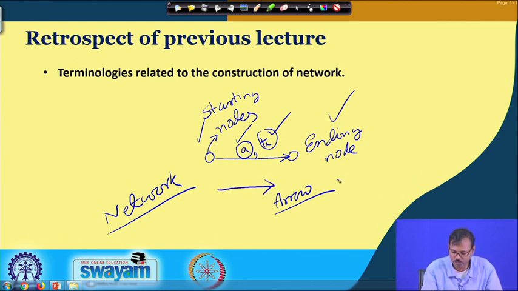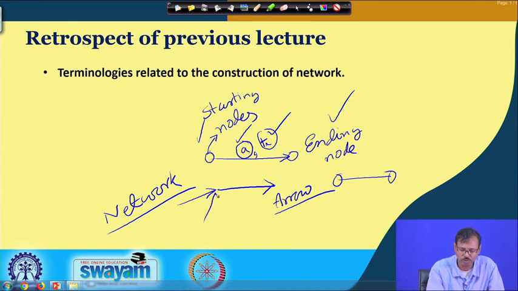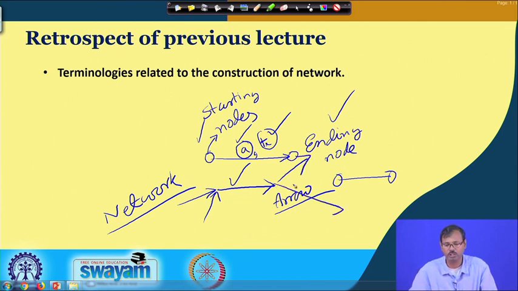If you do not put the arrow, if you put a line, then this line cannot represent the job, because we do not know which will be the starting node and which will be the ending node. So, the arrow must be there, with a starting node and an ending node, so that we can represent the previous jobs required to be completed prior to starting this job, and what successor jobs can be started after the completion of this job. That is why this arrow is very important.